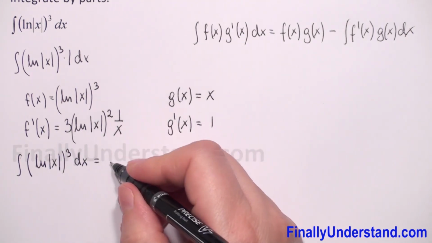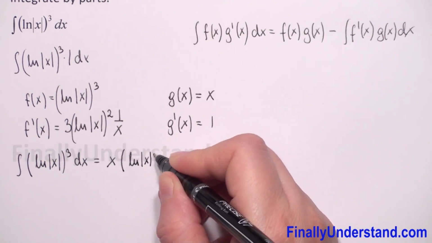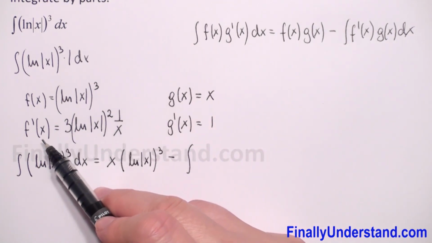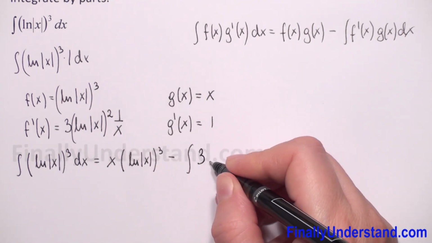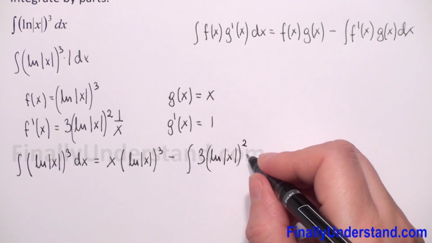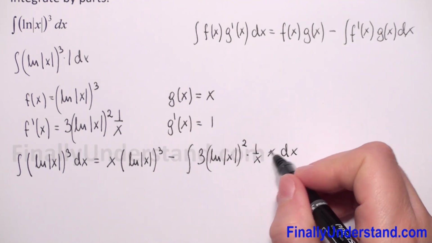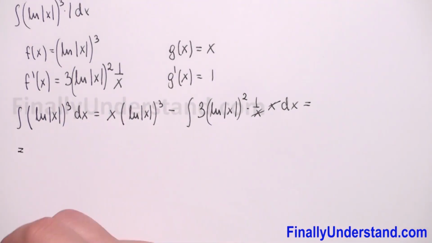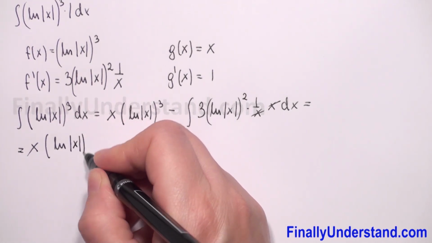So I will put first x times the cube of the natural logarithm of the absolute value of x, minus the integral of, now we have to put first f prime. F prime is 3 times the natural logarithm of the absolute value of x, squared, times 1 over x, times g. G is equal to x, dx. The x and x we can reduce, and we have that this is equal to x times the cube of the natural logarithm of the absolute value of x